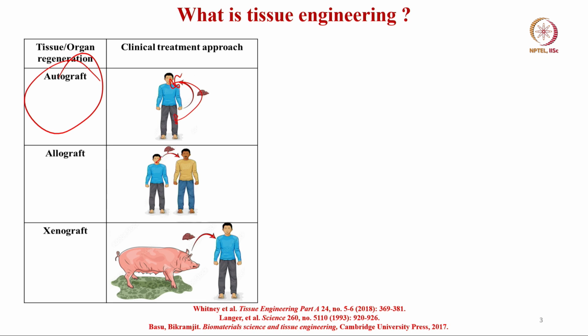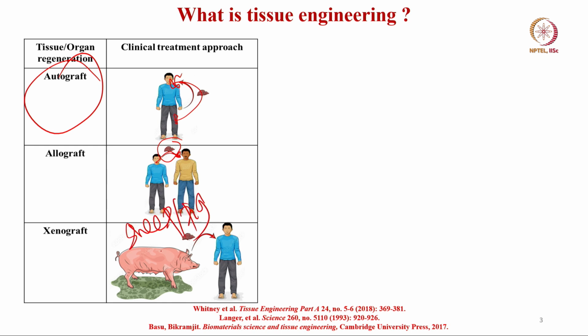Allograft means human to human, from one human to another human. If you transfer the tissue from one human to another human, that is used to regenerate certain tissues. Xenografts means from higher animals like sheep or pig, this kind of model,